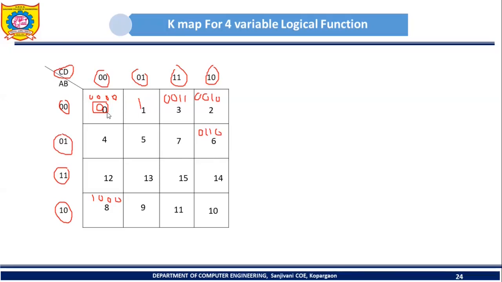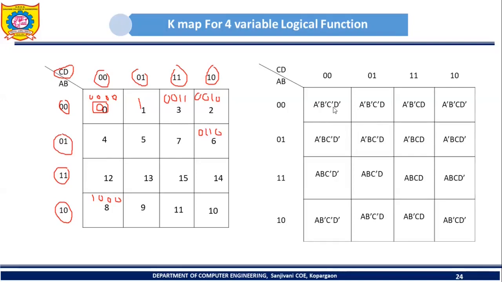Again, we know that each cell corresponds to one particular minterm. So see, these are different minterms which correspond to these different cells. Again, it is for your homework, so try to understand how we have written these particular minterms. I will explain one or two. Consider this minterm. Why are we getting a minterm like A B C' D'?